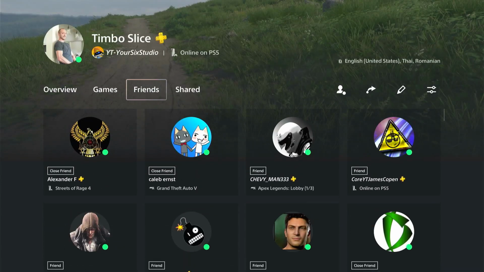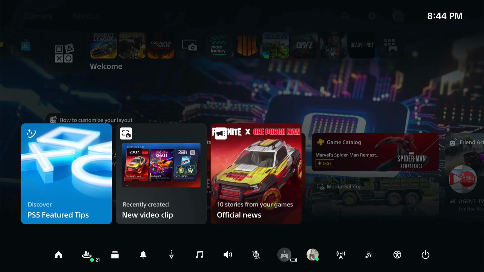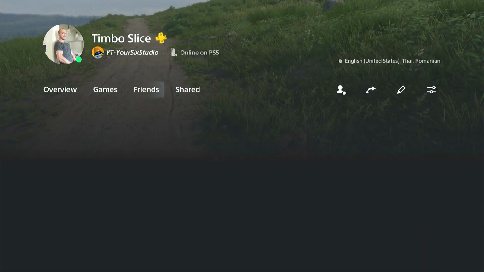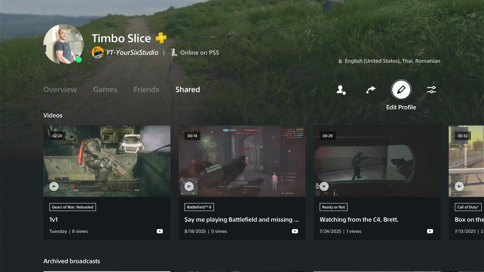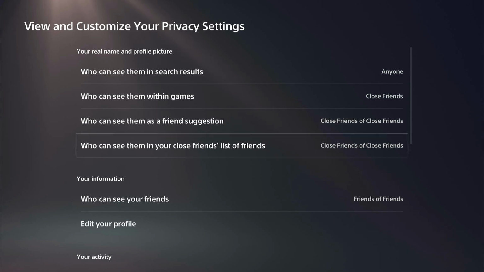So what you want to do is just go to your profile. So just go to your profile right here, open this up and go to where it says profile. Then go all the way to the right and go to this little option right here, edit profile or privacy settings. Let's go to privacy settings actually and bring us right to this page where we can go on down